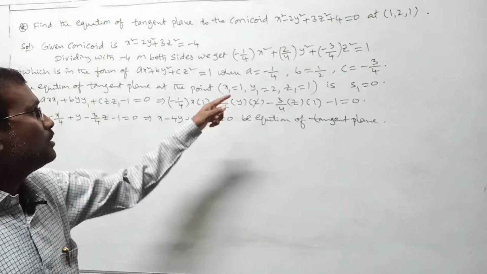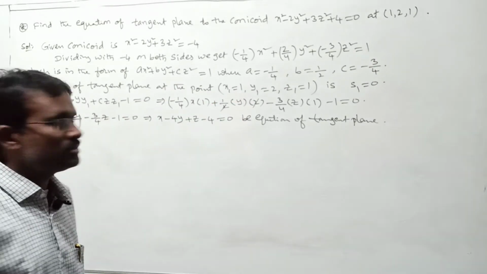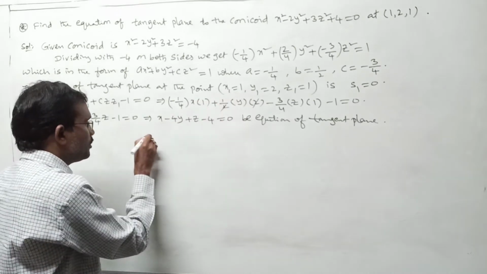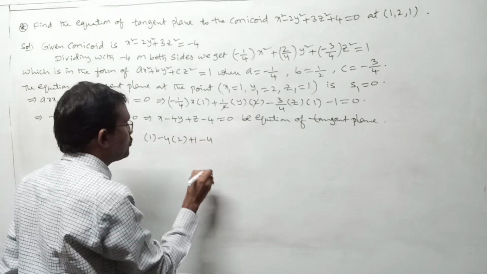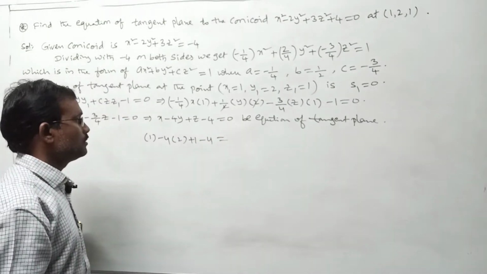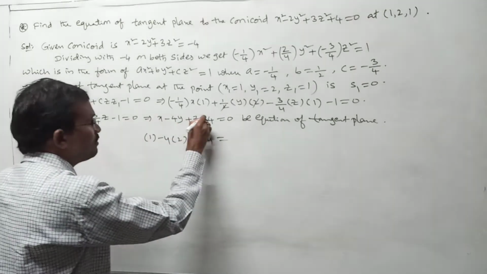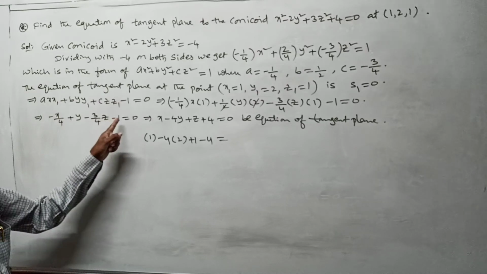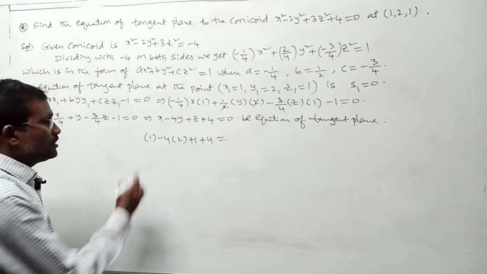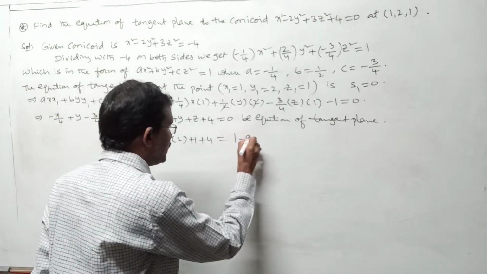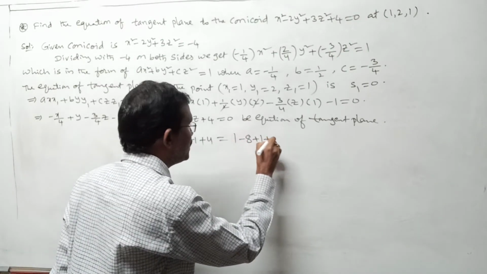After getting this result, let us proceed with this point. If this point satisfies this equation, then only your answer is correct. Just verifying: x is 1. 1 minus 4 into 2 plus z is 1 minus 4. Once look, how much is it? It is x plus z. Sorry, this is plus only, right? My big fault. Because here we are multiplying with minus 4, here it becomes plus. This is plus 4. Once look: 1 minus 8 plus 1 plus 4.